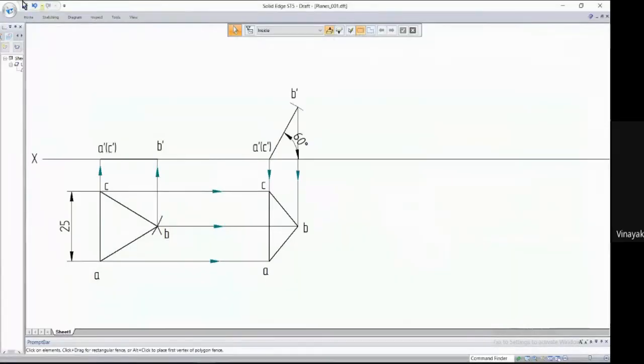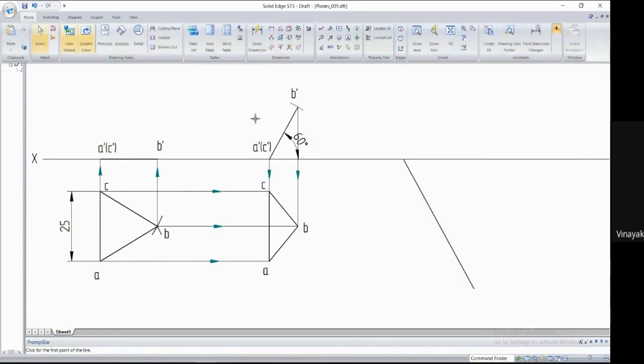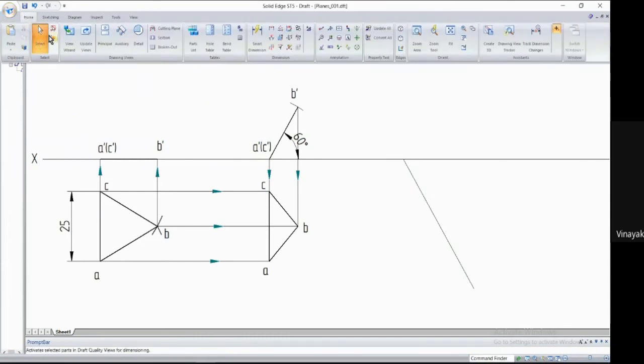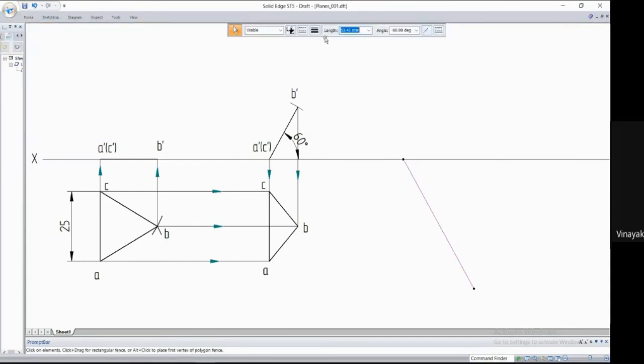Now I'll take the line command, and the thickness must be thin, so I'll take 0.05. I'll draw a line at an angle of minus 60 degrees here. The thickness should be 0.05, a thin line. You can change it by going to the default select command, selecting that line, and getting the properties bar, where you can change the properties of that line.